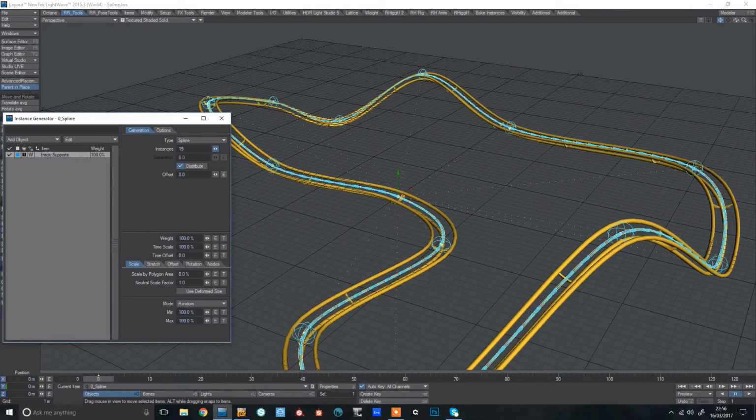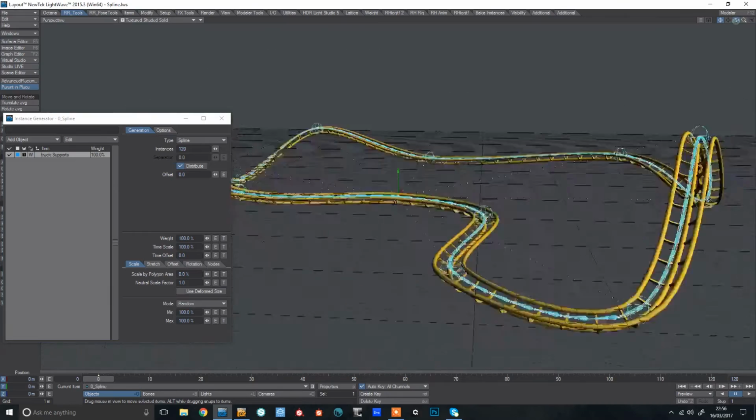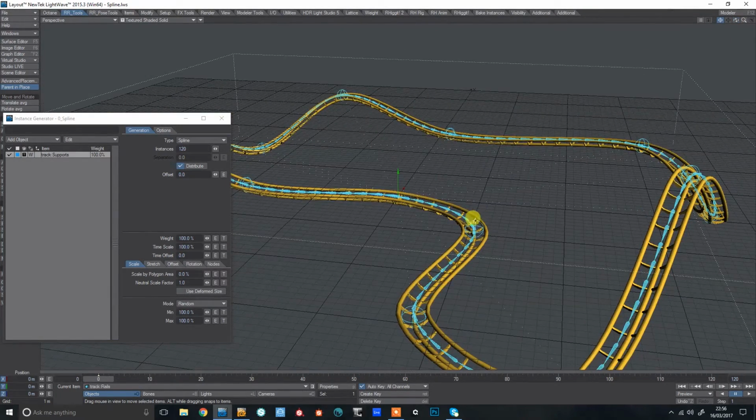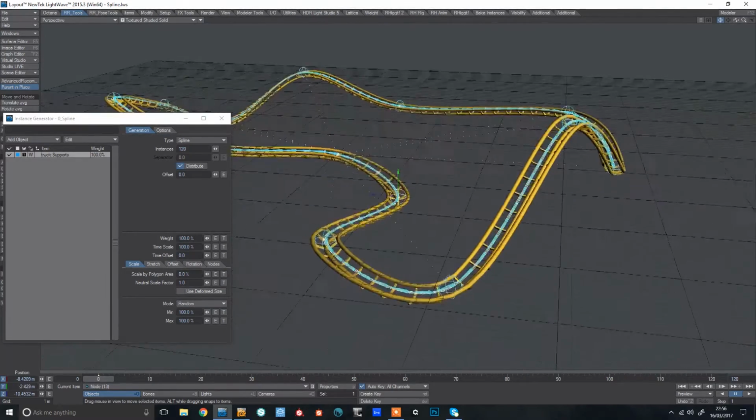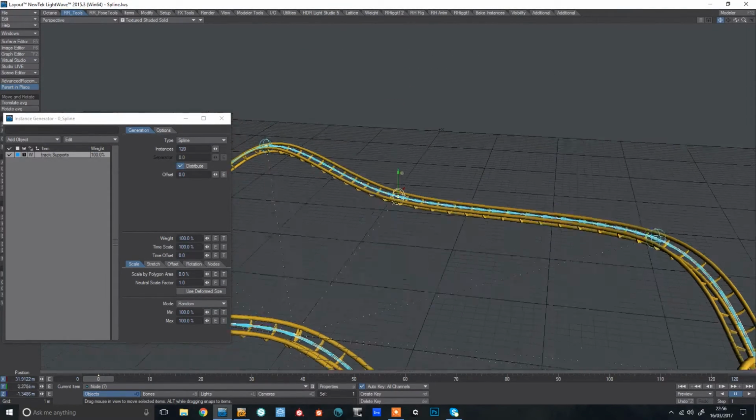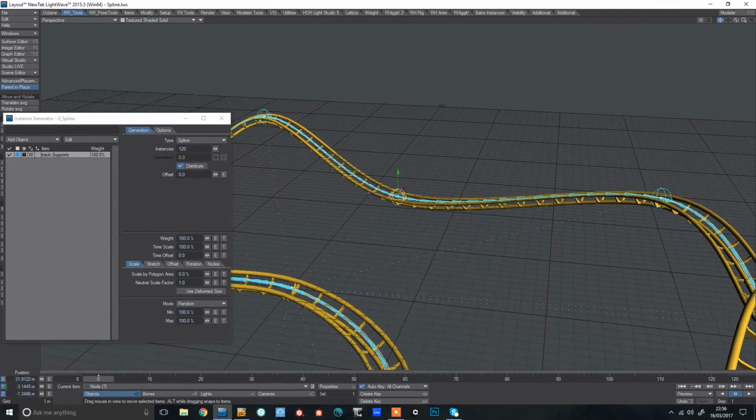So as I start to increase this value now, you kind of get 120 in there. That looks kind of nice. So we get those deforming with our spline, which is really kind of neat. Alright,